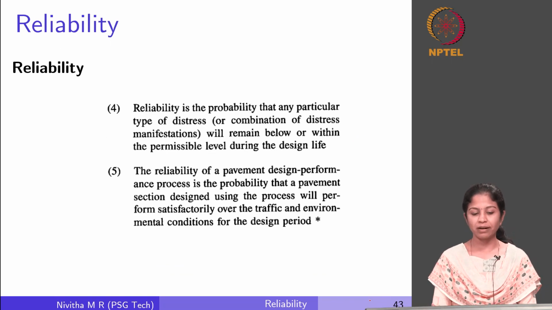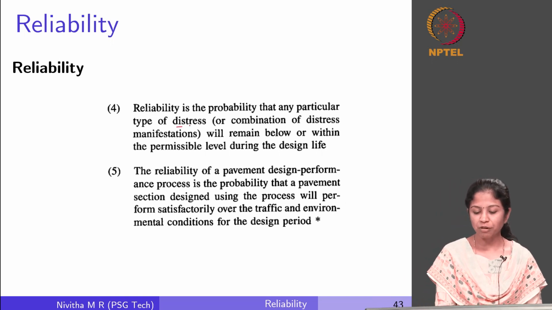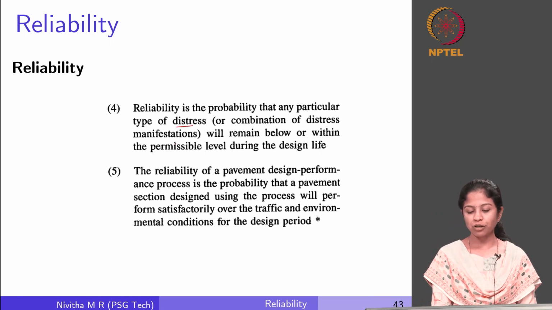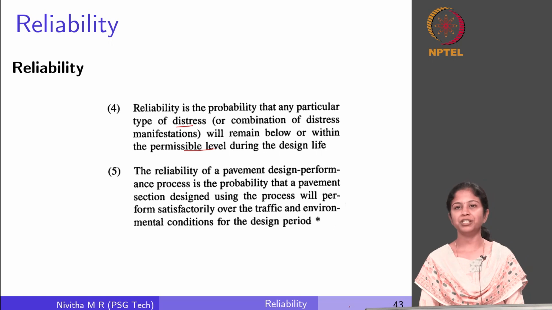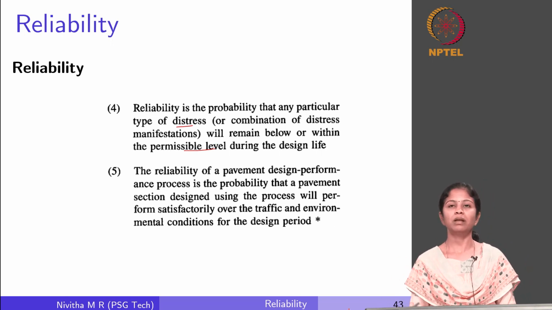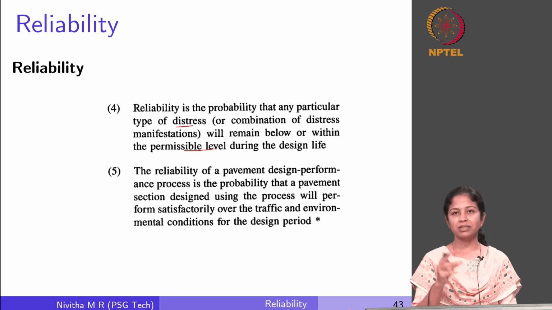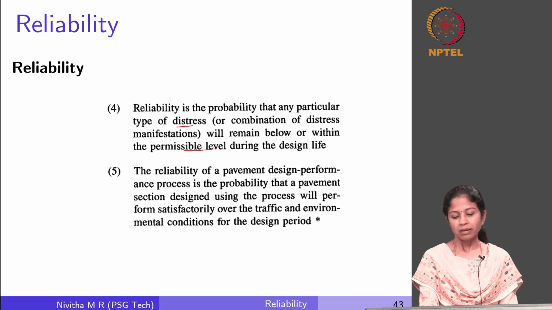And we have two other definitions. It is the probability that any particular type of distress or combination of distress manifestations will remain below or within the permissible level. So, this definition says that the distress could be one distress or it could be multiple distresses, but this should remain less than the limiting value, that they call the permissible level during the design